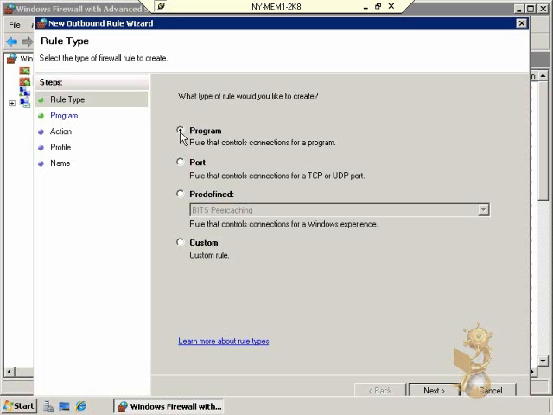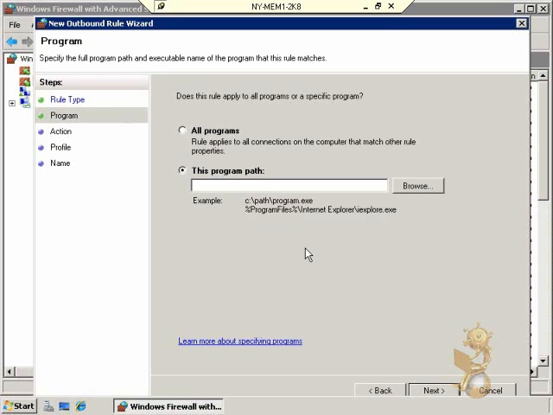And here's the thing. This particular server only has Internet Explorer installed as a web browser. If you have a server that has additional web browsers installed, well then you would have to create additional program rules to block those web browsers as well. But in this case, it's only Internet Explorer, and we can always put other protection in place that prevents the installation of other software and thereby protecting against other web browsers being installed just to be able to get out to the internet. So I'm going to select Program Rule, click Next,